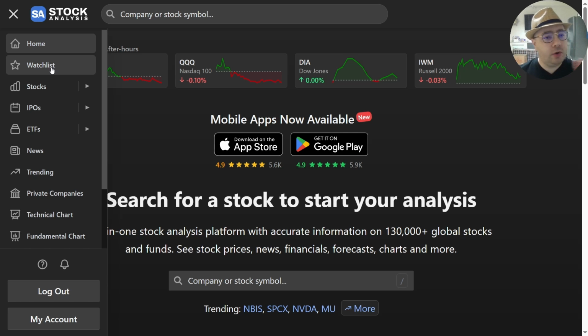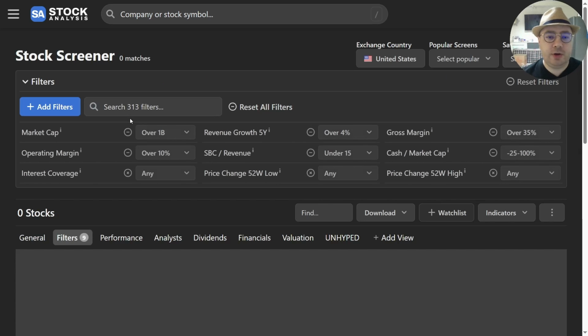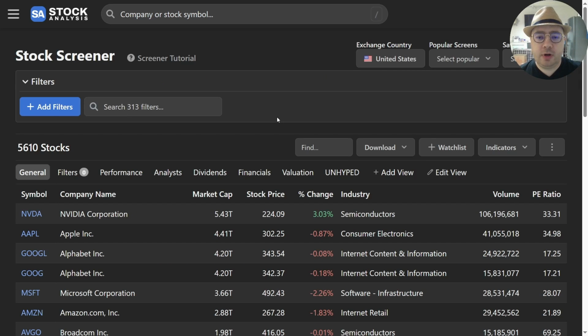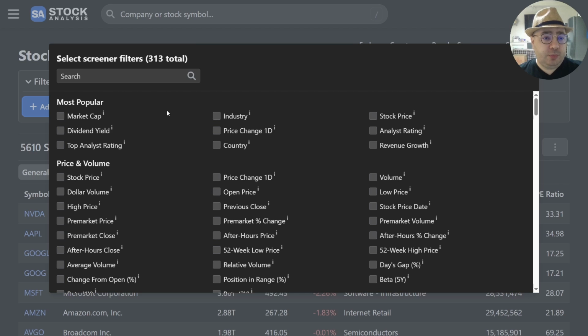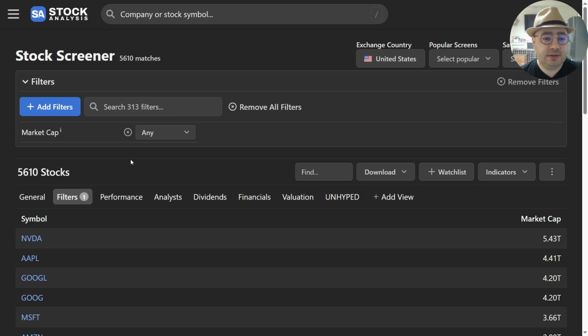If you go here on the left, click on stocks, a list is going to expand, and we're going to click on stock screener. We're going to remove all of the filters, and we're just going to add one by one, and I'll show you what pretty much you need. Okay, we're going to go to the filters tab, and we're just going to add the market cap. Let's see. So we have here